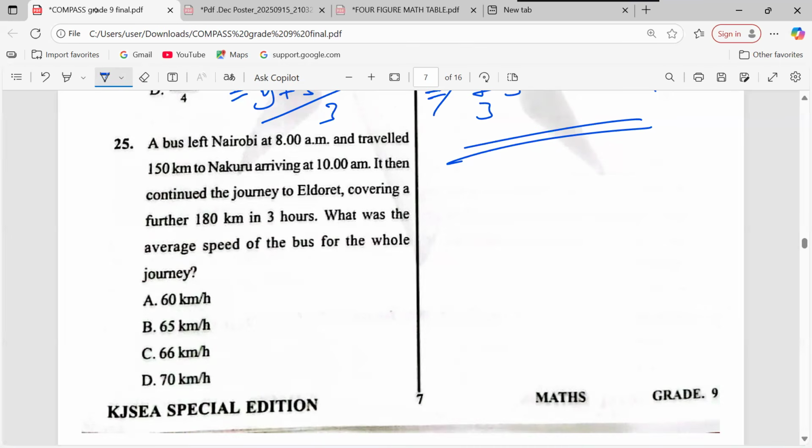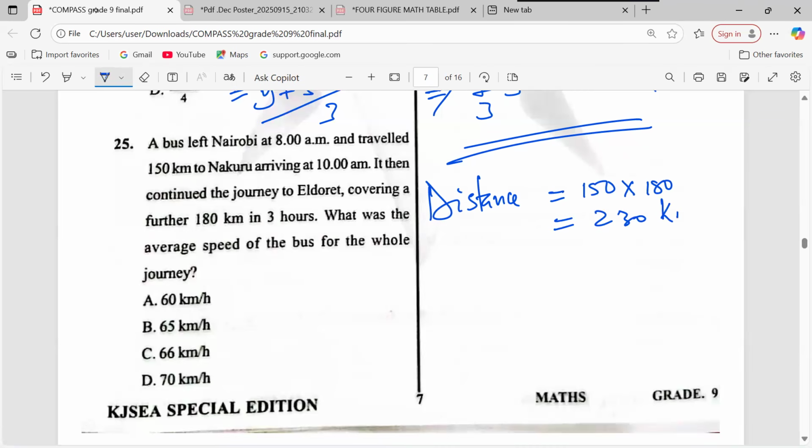What was the average speed during the whole journey? For us to get average speed, we need total distance covered over the total time taken. Total distance, we have 150 kilometers, we have 180 kilometers,